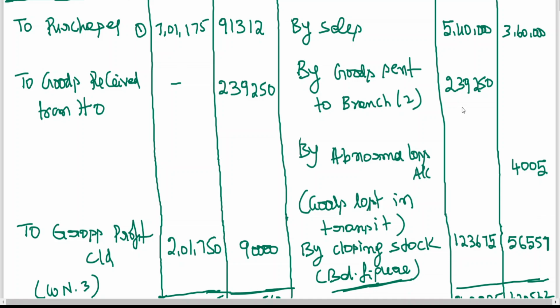One more point now. If you see, just a minute, after calculation of this I am getting an idea. 56,557 plus 4,005 is coming to 60,562. Now 60,562 minus 57,750 is coming to 2,812. So I can also take an assumption that the other 2,812, that means abnormal loss plus closing stock, may be out of purchase also, because we are getting more than 57,750. So I think I can't take the assumption that the entire purchase has been sold.